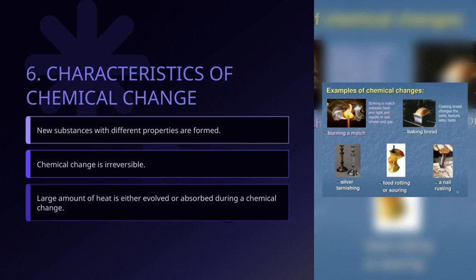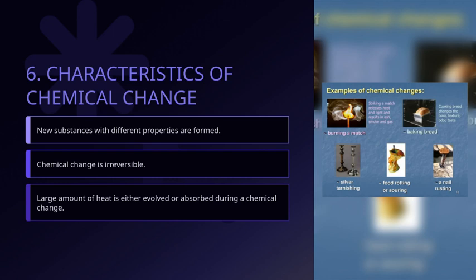And finally, during a chemical change, a significant amount of heat is either released or absorbed. This energy change is a key indicator that a chemical reaction has taken place. It highlights how chemical reactions involve energy transfer, which is crucial for understanding processes like combustion or cooking. Together, these characteristics help us distinguish chemical changes from physical ones and deepen our overall understanding of how substances interact